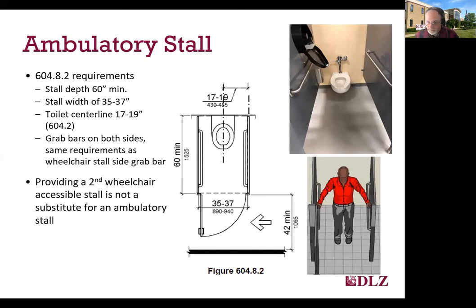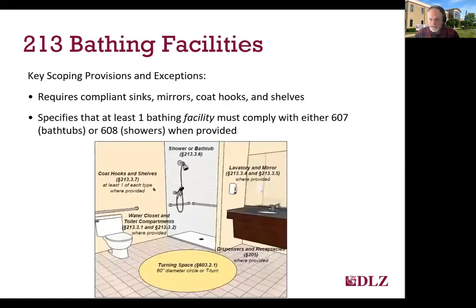So that wraps up restrooms. Let's move on to bathing facilities. As mentioned at the beginning of the toilet rooms discussion, the scoping provisions for 213 pertain to building bathing facilities, are similar to those for toilet rooms, but they're not very plentiful and there are a lot more technical provisions that are referenced. So I'm not going to rehash all the requirements for those where they're the same as they